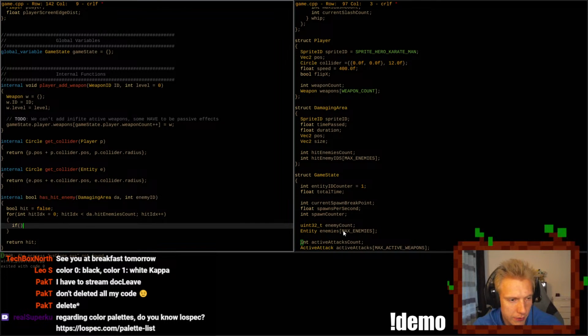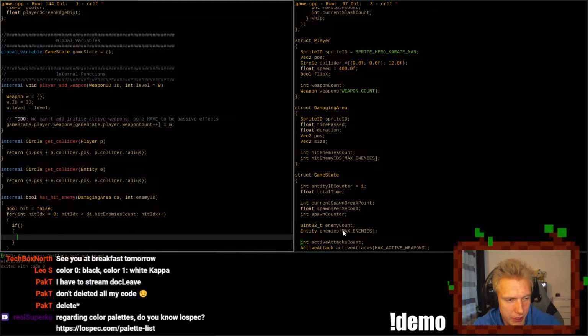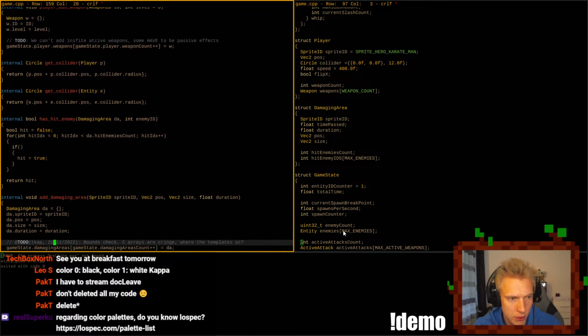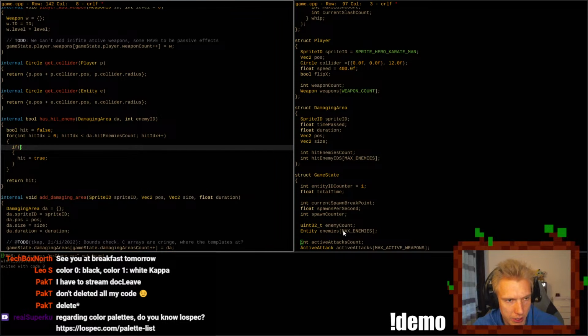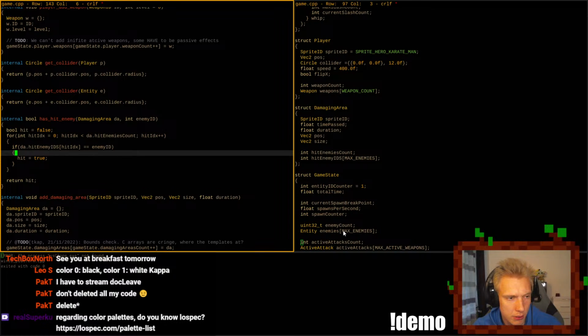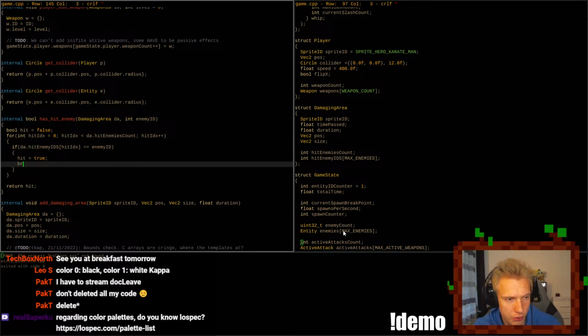And then if something happens, we set hit to true. And that if something means if the DA dot hit enemy IDs on hit index is the same as the enemy ID, then we set it to true and we break.